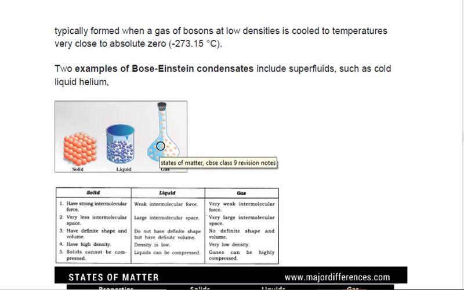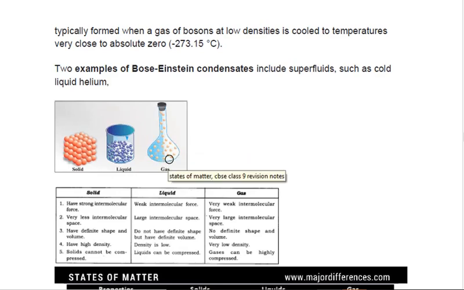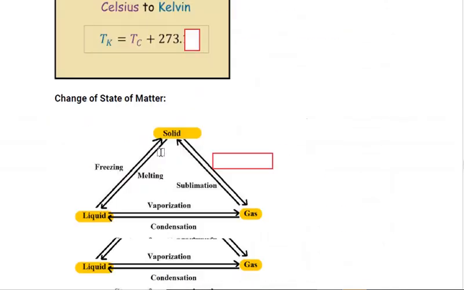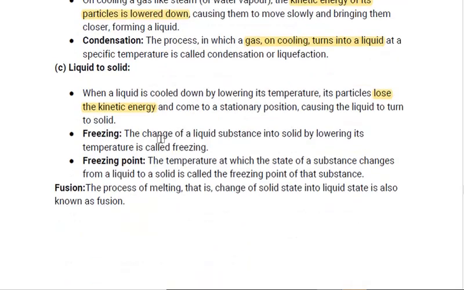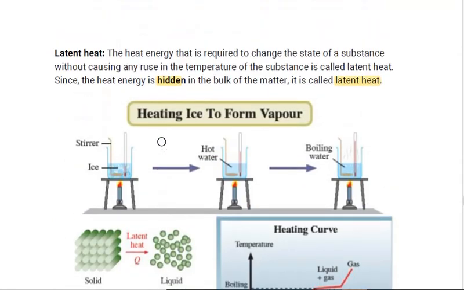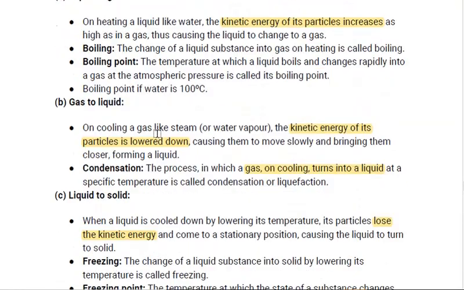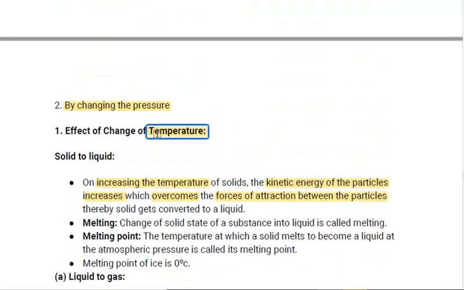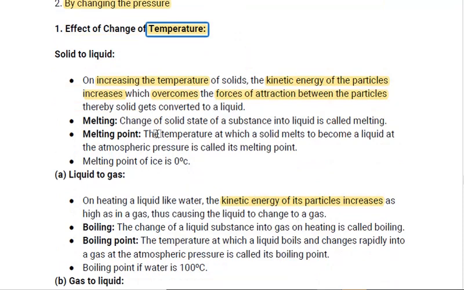But listen students, it is not easy to do by hand. Applying temperature is easy. Easily we can supply heat, and it will change the state of matter. But applying pressure is not so easy. We do it with the help of a machine, right? Little bit we will talk about that.